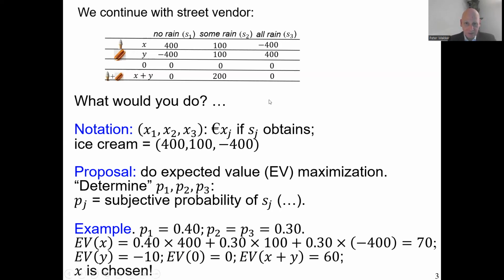In particular, in this example, the probability of no rain is high enough, and the probabilities of all rain and some rain are small enough that ice cream is worthwhile. It is better than doing both in this example. Anyway, this is how it works, but of course, there's much to be discussed and much that is controversial about it, and that we will discuss at great length in the rest of this meeting, but that will be continued in the next recordings.